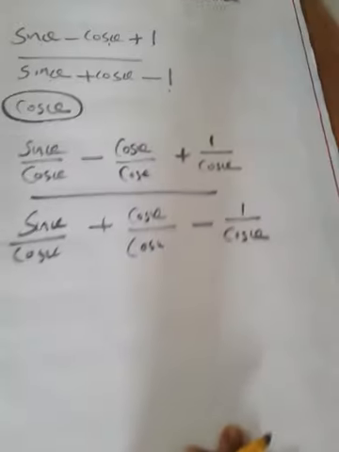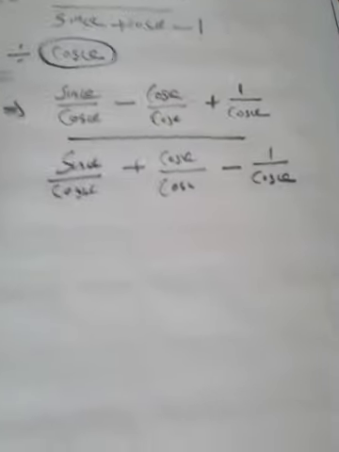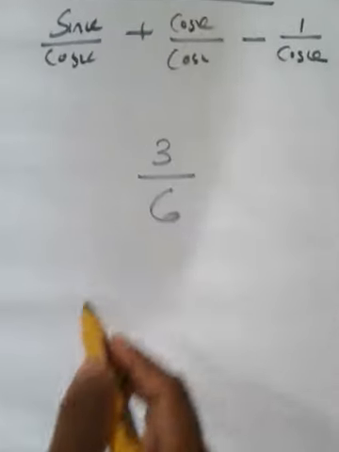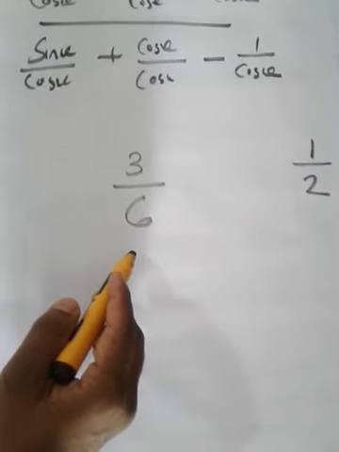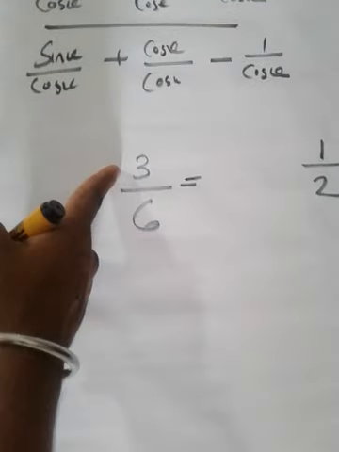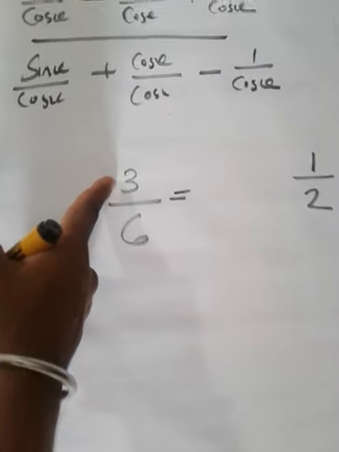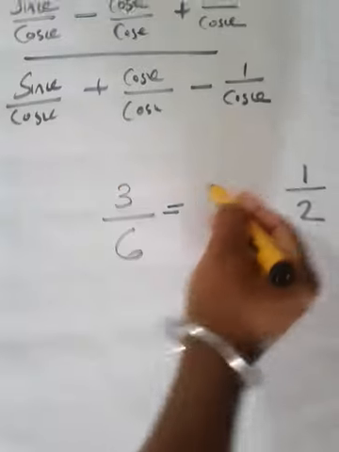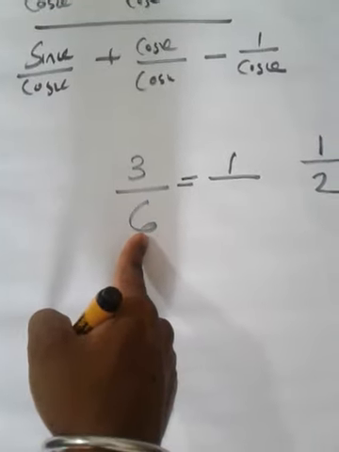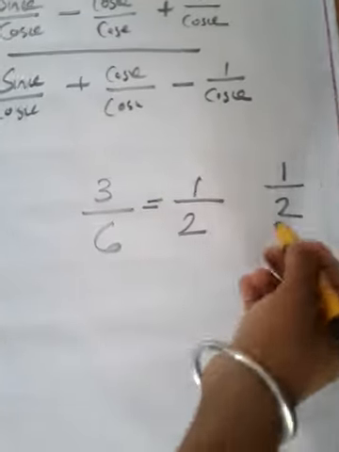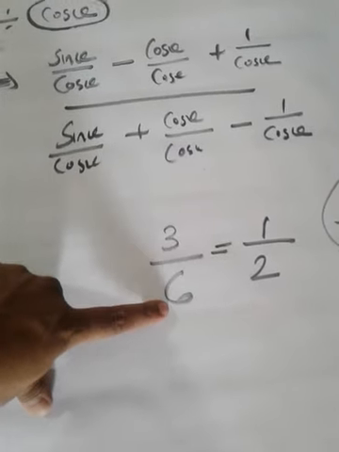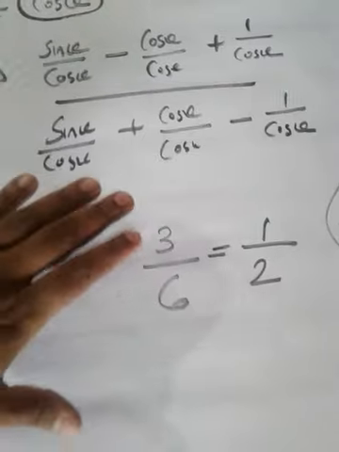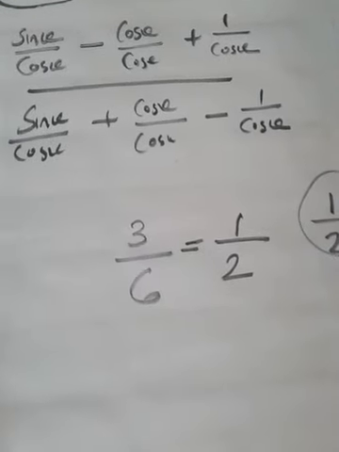So you may think whether this kind of division is possible or not. See, listen, you just think about 3 by 6. What is the answer of 3 by 6? Of course, that is 1 by 2. If I divide numerator and denominator by 3, what will happen? If you divide numerator 3 by 3, we will get 1. If you divide denominator 6 by 3, we will get 2. See, we will get the same answer. That means if you divide numerator and denominator with the same number, that will not spoil the rational number. Are you following me?